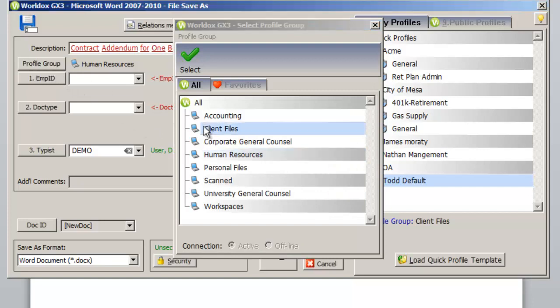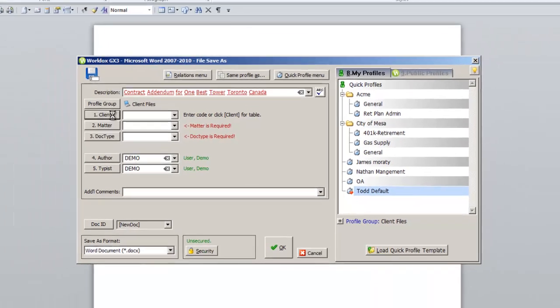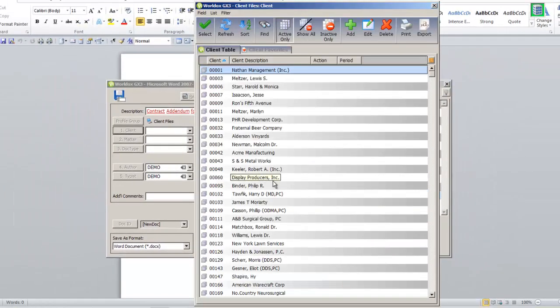Returning to Client Files, it's now time to populate the various fields which make up my profile form. If you know the client code, you can simply type it in this field. If you don't, you use what is referred to as a lookup table. I'll click on the Client button, my table appears, and at this point I can either double click on the entry if it's in the initial list, or I can begin typing on my keyboard